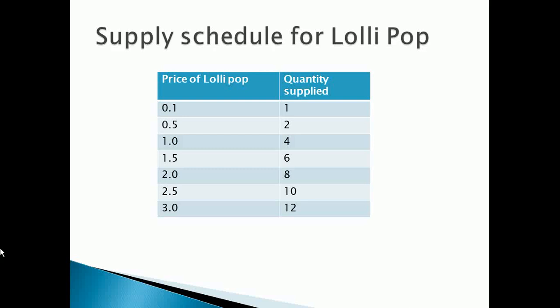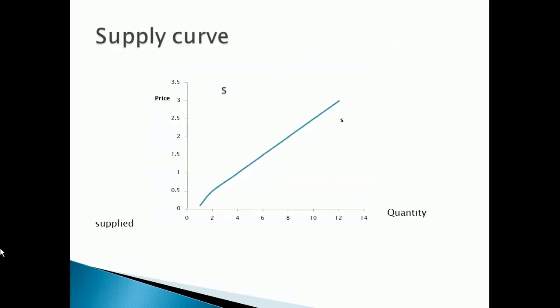We have change in supply, which is a bodily shift of the supply curve from left to right or from right to left. All factors that affect supply and determine supply change these graphs, such as firms' objectives, cost of raw materials, natural disaster, price of related goods, among others. Change in quantity supplied is the movement along the same supply curve. And the only factor responsible for this movement is the price of the commodity in question.